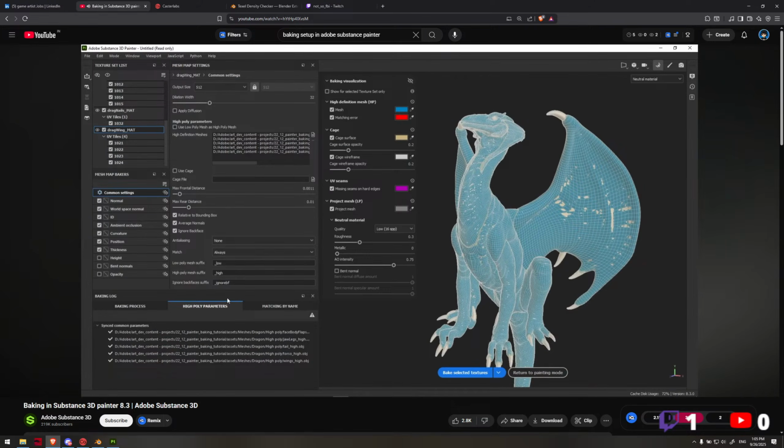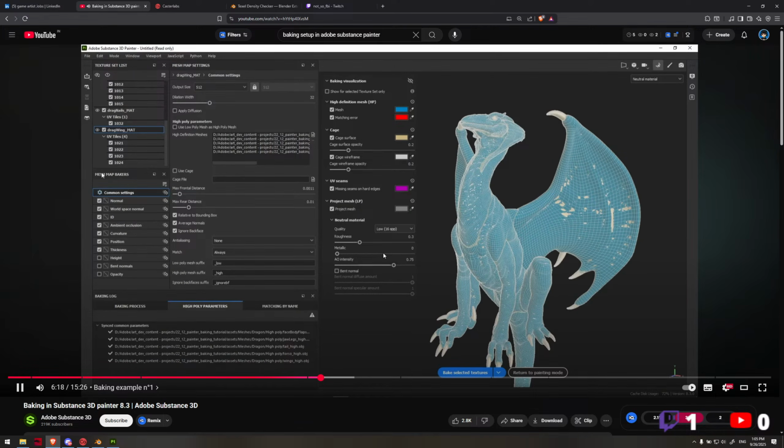Alright, we're now happy with our settings, so let's launch a simple bake. Like I said earlier, it's best to follow the logical path that goes from the texture set selection to the baker settings. For the sake of this example, I'm going to bake the whole mesh, so I leave all texture sets selected. As for the bake,